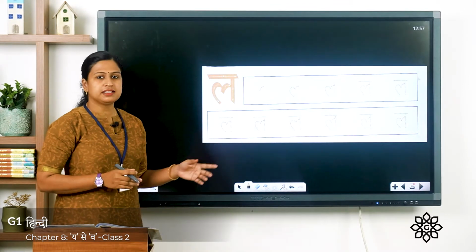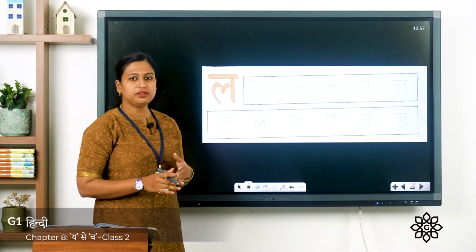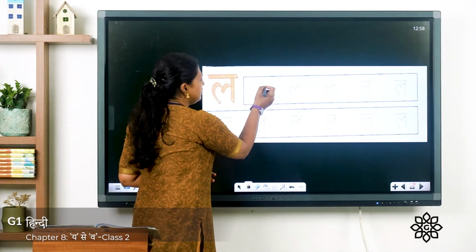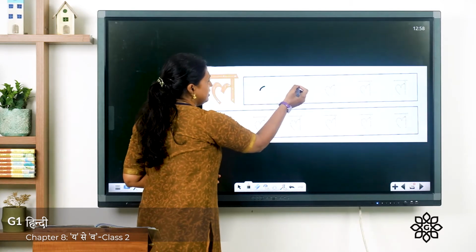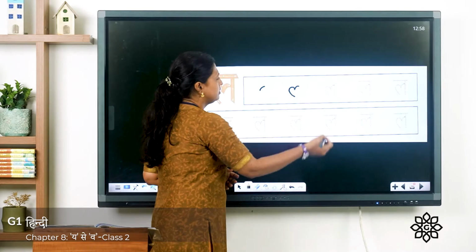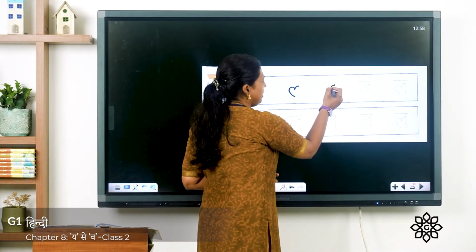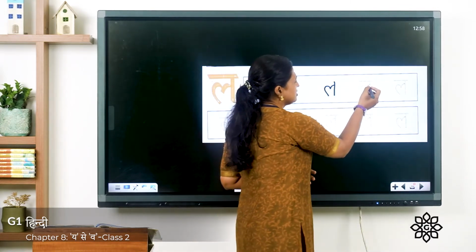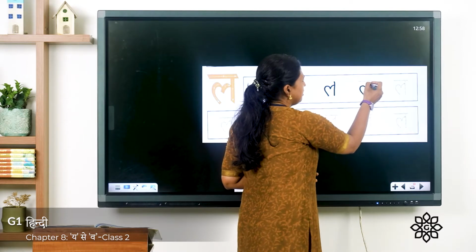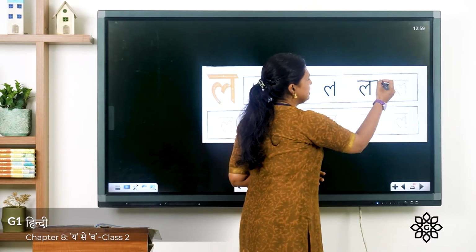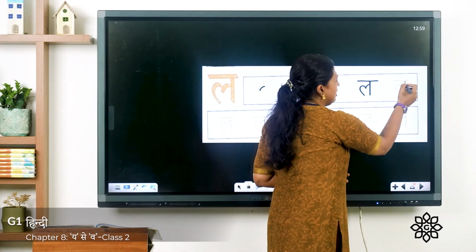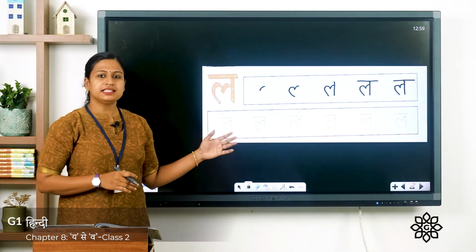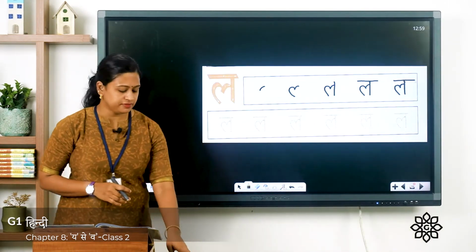The next Vyanjan letter is La. So as I already told you, there are 2 ways to write La. So you have to write along with me. First, we'll draw a small curve. Next step, you have to come down. The third step, the same way, a small curve and you have to come down and a standing line. So again, you have to write the same way and on the top, sleeping line. So this is La. So you have to write along with me. Rest of them you can write it by yourself.